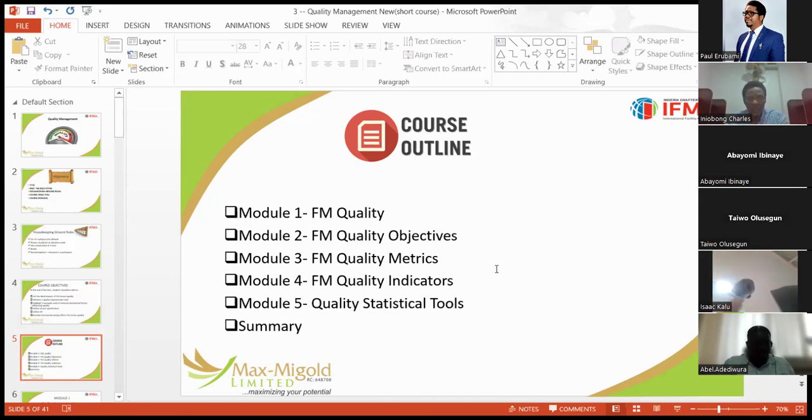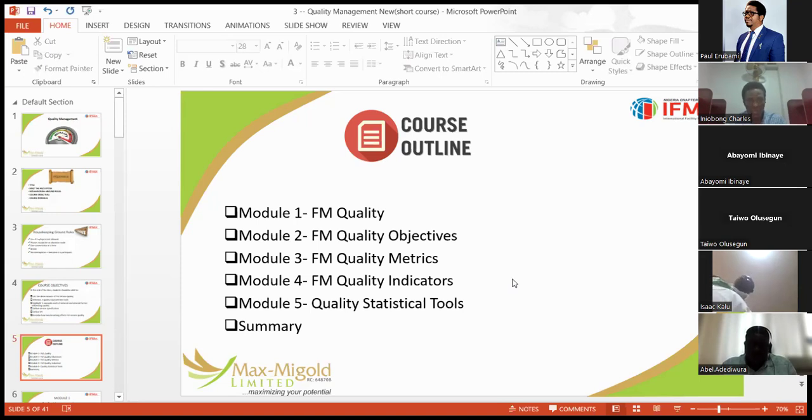We are going to look at how we can set quality objectives, and our quality objectives should be centered on the customer. Then we are going to look at the quality metrics. There are so many things you can put together, metrics to measure your performance. So these quality metrics help us to